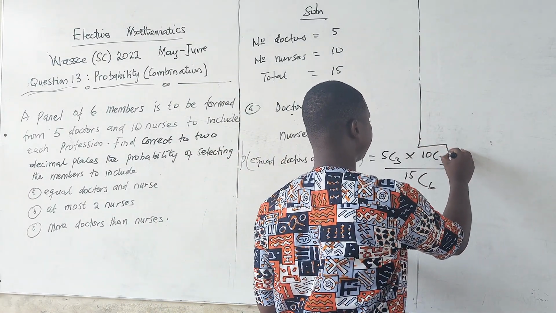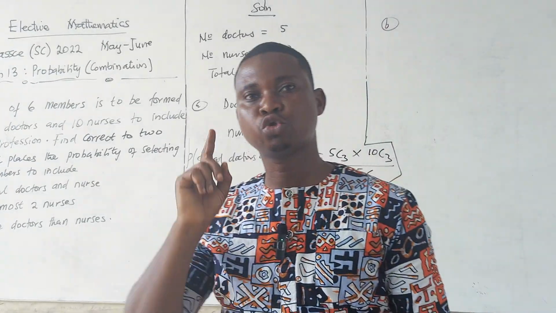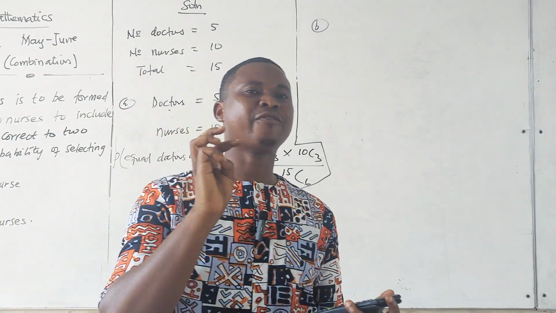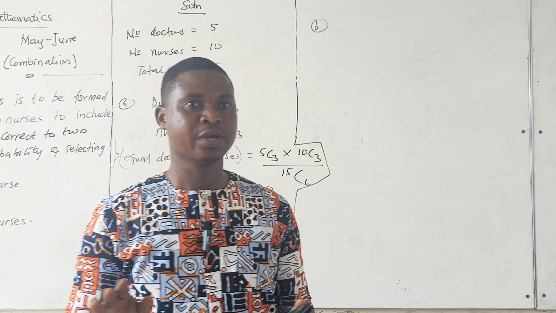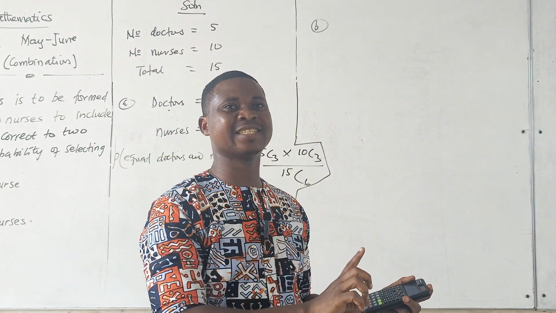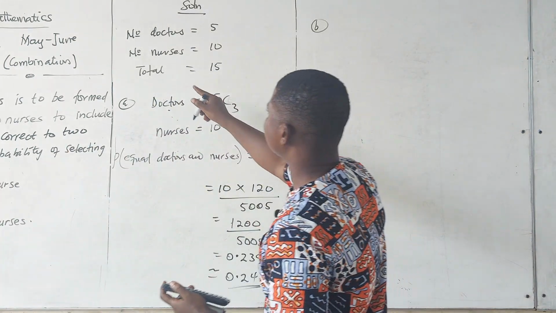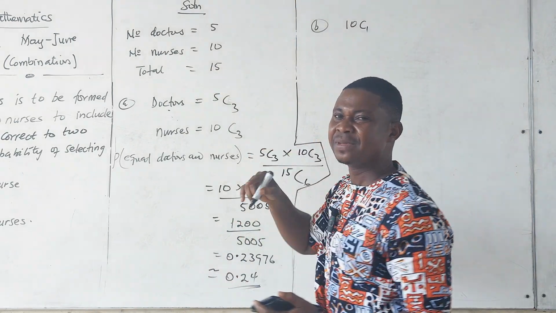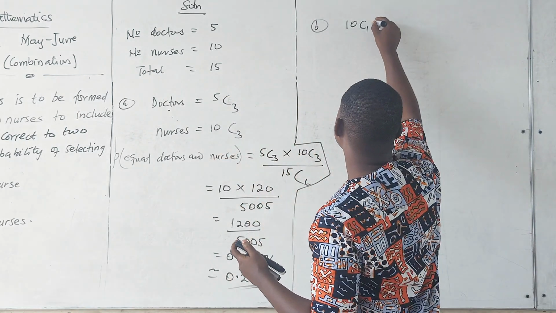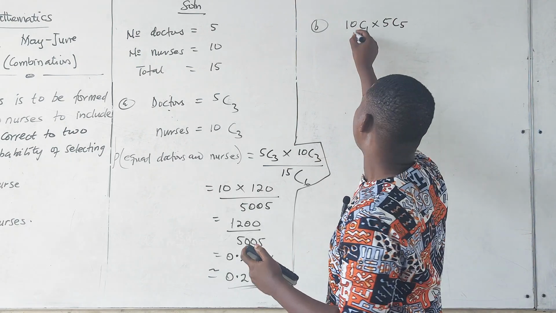Now let's move to our B. With the B, we are saying at most 2 nurses. So it means we should have a nurse within the group, and it shouldn't be more than 2. So we should have 1 nurse or 2 nurses. If you have 1 nurse, choosing 1 from 10, the number of doctors will be 5, because we are supposed to have 6 members. So it becomes 10 combination 1 times 5 combination 5 all over